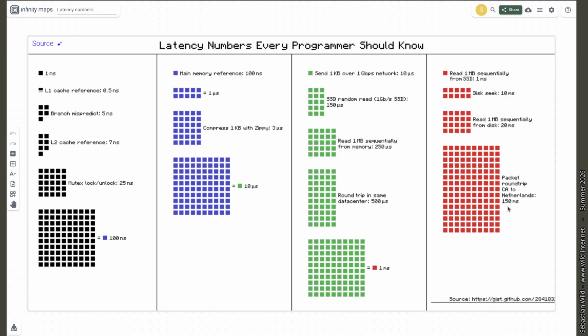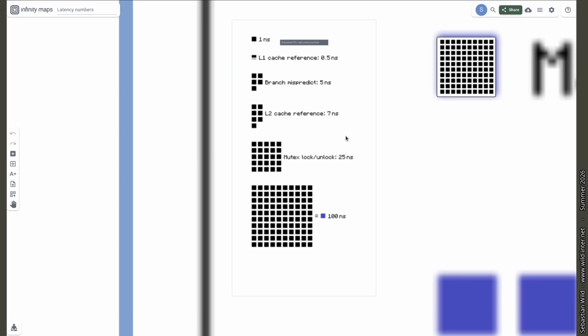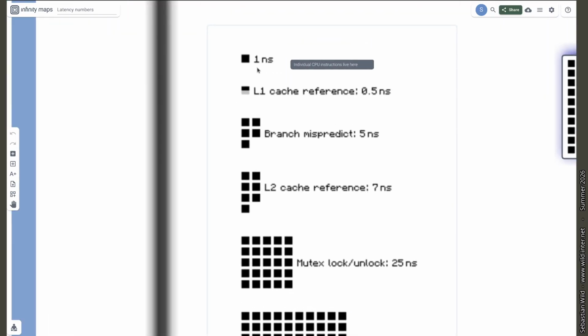And I always think these kind of representations are hard to grasp. And so I invite you to do the following little journey. We start with one little black box, that's 1 nanosecond, as I said, on the order of individual CPU instructions. Take one such tick. Indeed, reading 1 word of memory from the level 1 cache takes even just half a